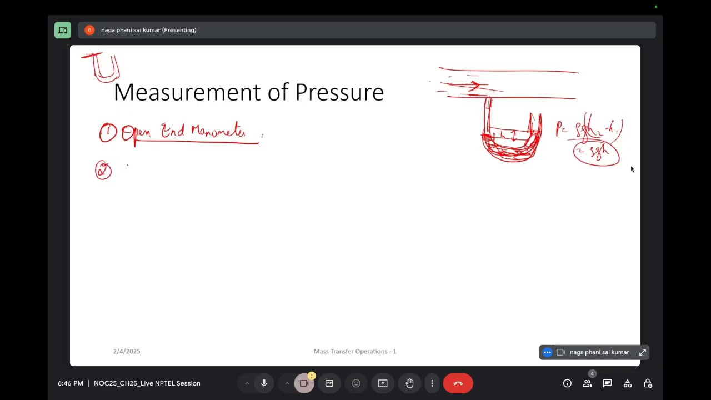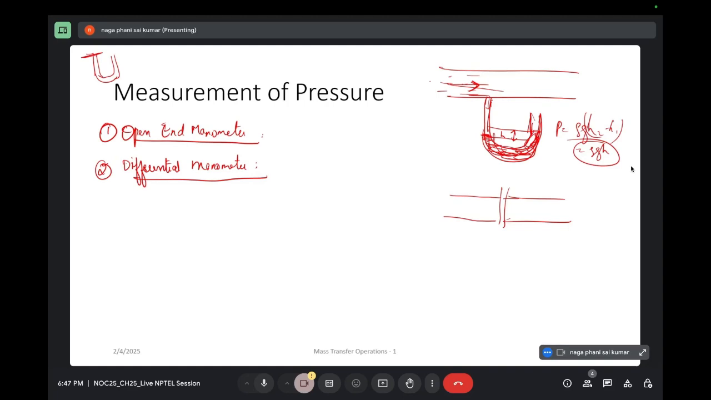And then we have the differential manometer. This differential manometer is used to measure pressure difference between 2 points. Let's say you want to measure pressure across 2 different points. So we have a pipeline, a very long cross section of pipeline. Let's say there are some bendings, there are some